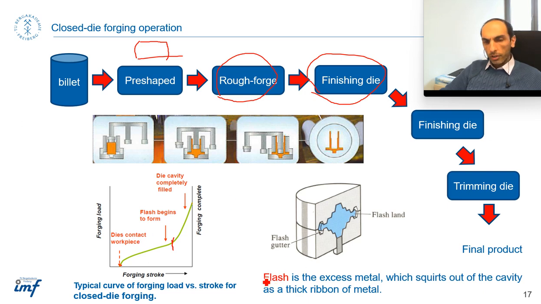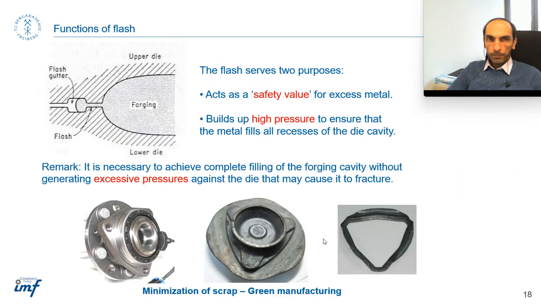So this is the definition of flash. We can say the flash is the excess material which is squeezed out of the cavity as a thick ribbon of material, as you can see in the figure. So why flash, and why should we design, not should, but I can say in most forging processes we design flash. Some special forging processes, like precision forging, need no flash design, but they have their own considerations, and I will explain that. If you do not have flash, your design would be so tricky, because